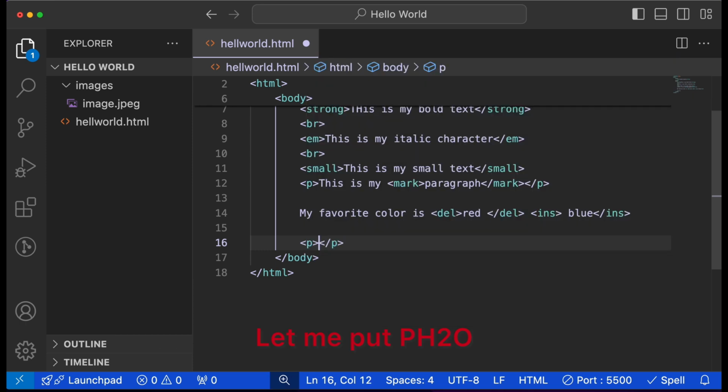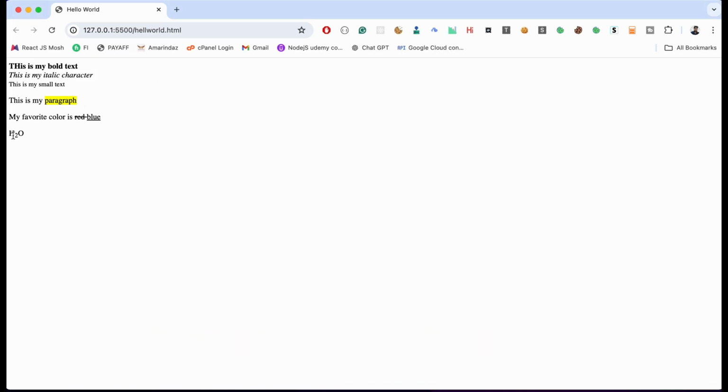Let me put H2O. This is the chemical formula of water, and this 2 should go a little bit down. To do that, I can use the tag sub, open and close it with sub, and put 2 between the sub tags. Now you can see